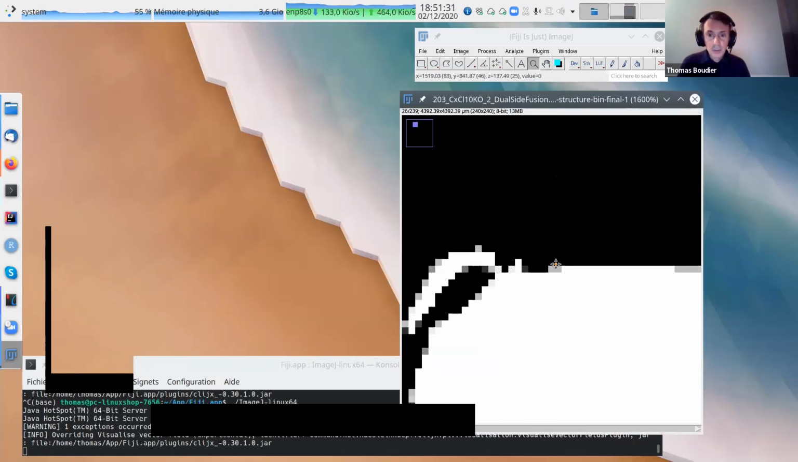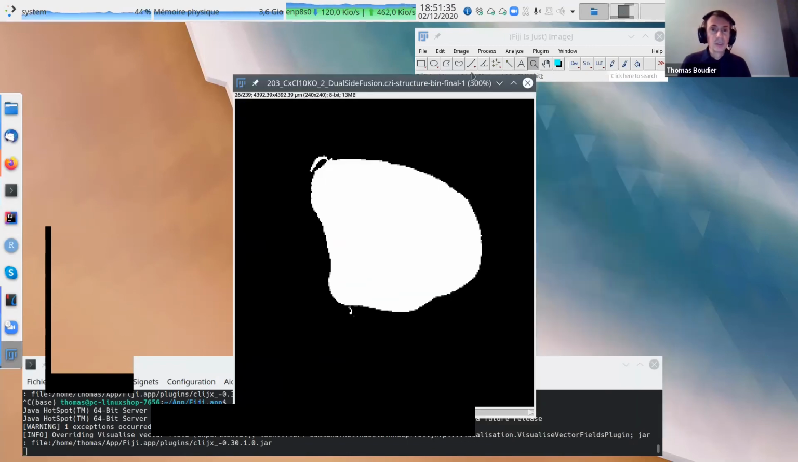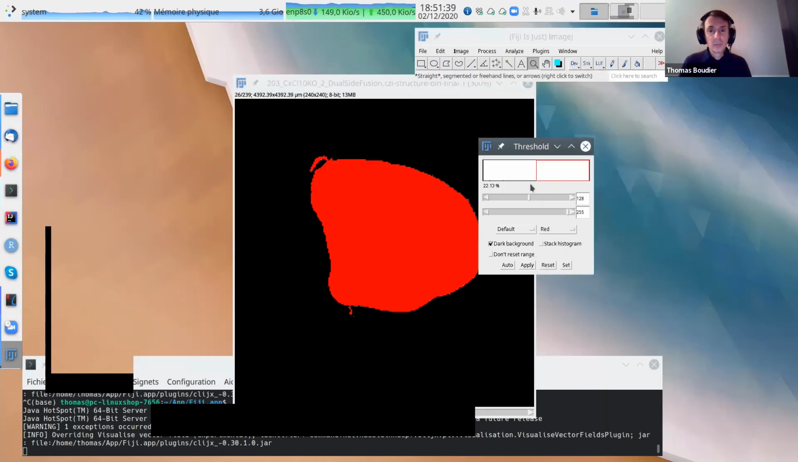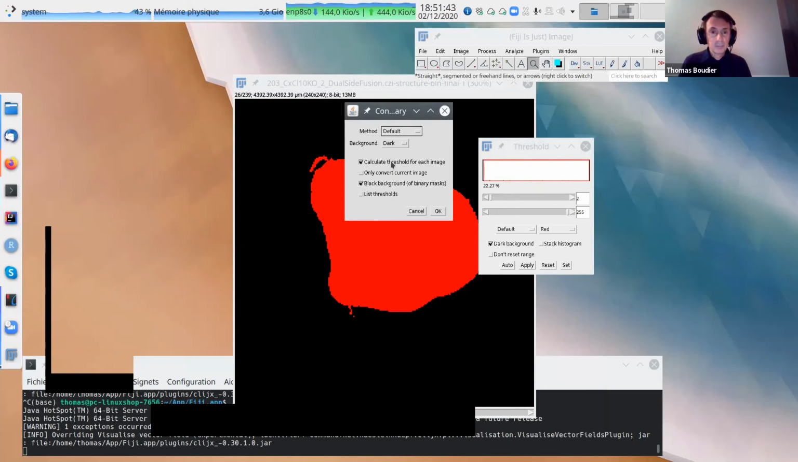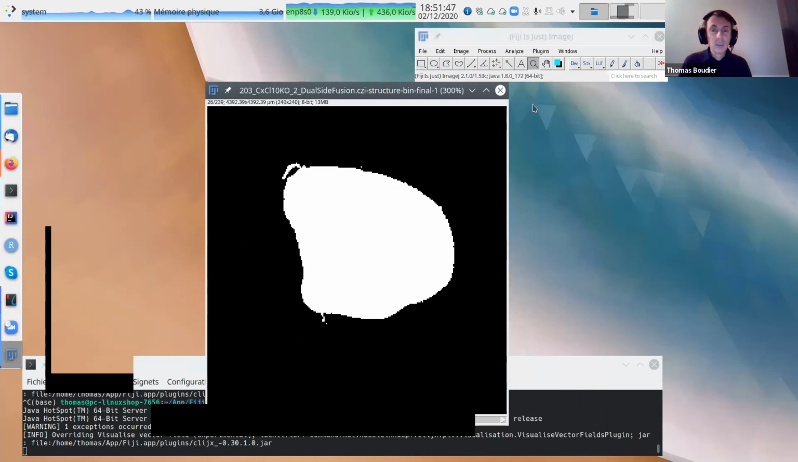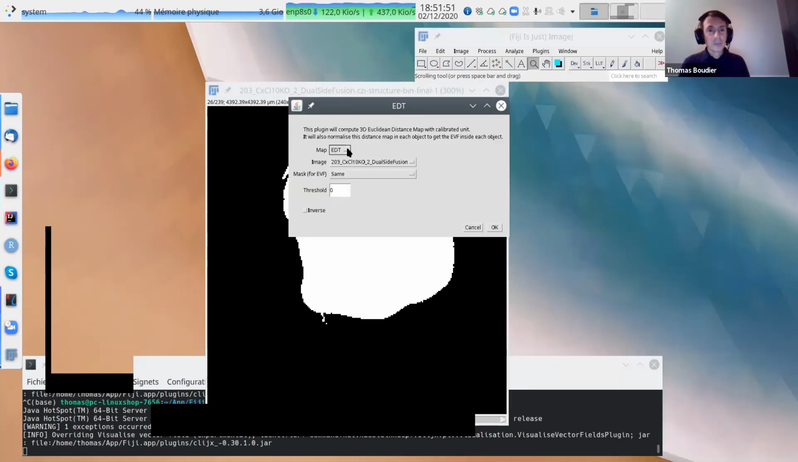Yeah, I still have this additional thing I don't want. It's okay. I do a binary: Image, Adjust, Threshold, apply. Sorry, I'm talking to myself, more or less. Plugin, 3D Distance Map, both,